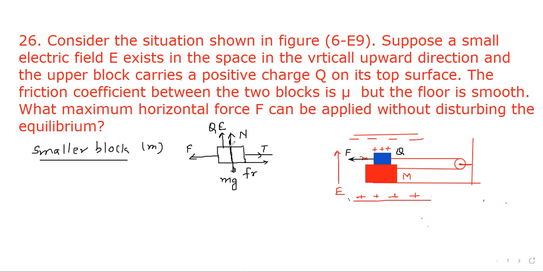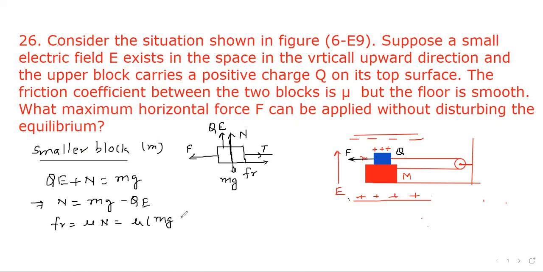Now, if we balance the forces in upward direction, we get QE plus N equal to mg. So N equals mg minus QE. So we can find friction, which is mu times N, that is mu times (mg minus QE). This is